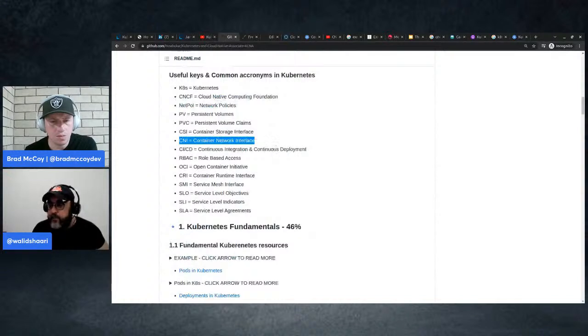Role-based access control is a granular way where you can define actors, like subjects, and what kind of subject you can have. You can have a service account, you can have a user, or you can have a group. And for this subject, you can say he's allowed to run certain verbs.